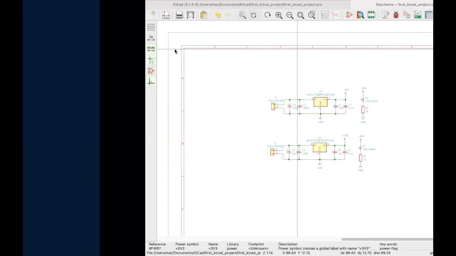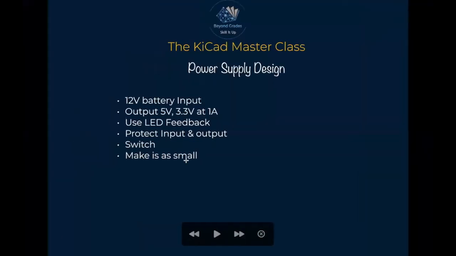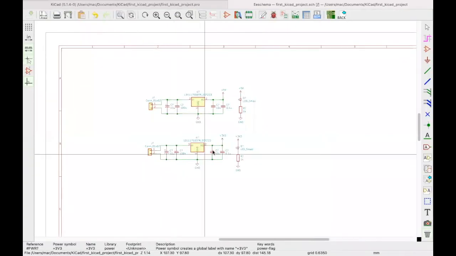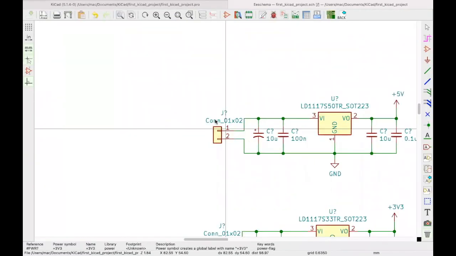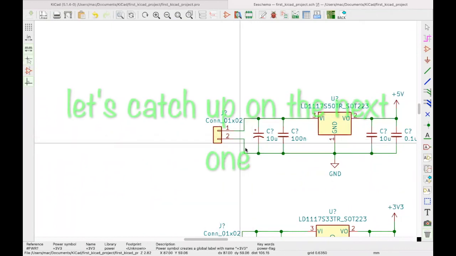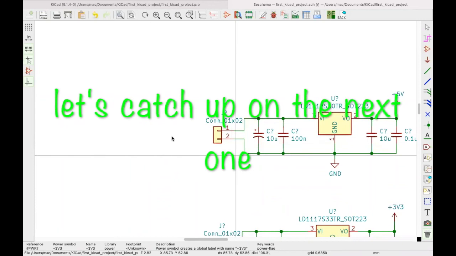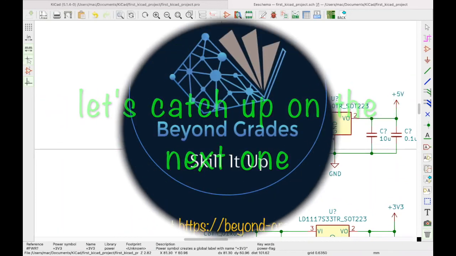Once we are done with that, let's see what else we need. We need to protect the input and the output. So we use fuses. And that's something probably we should have done earlier, but it's also good because I'm going to introduce some other tools here that you should use. Probably you may not have used them before, like